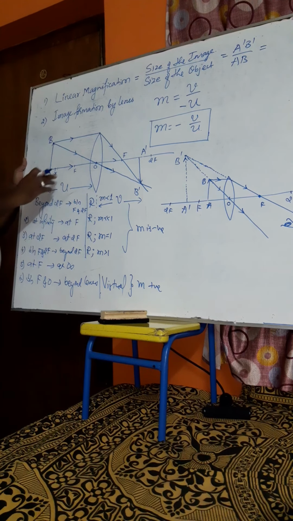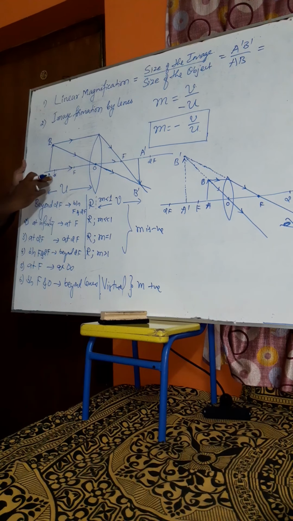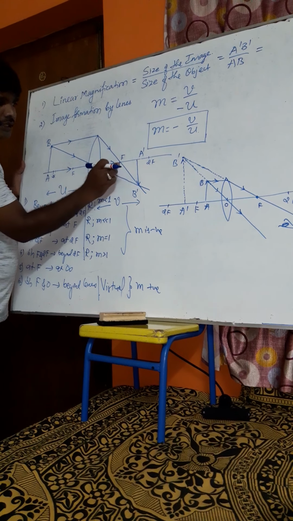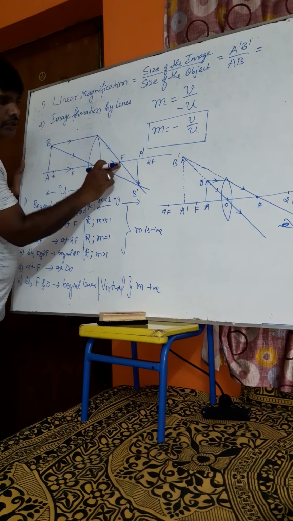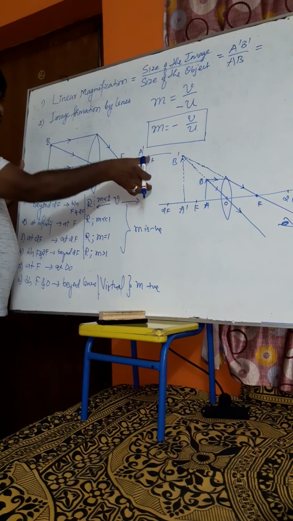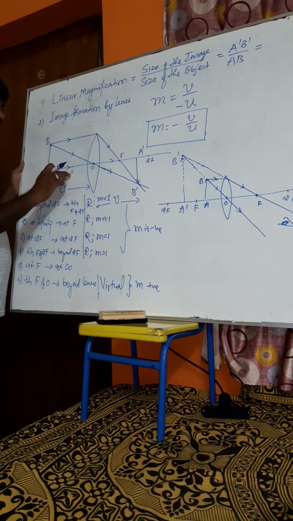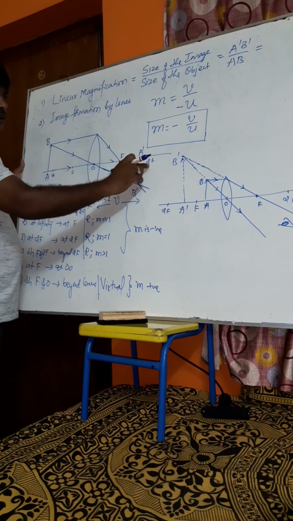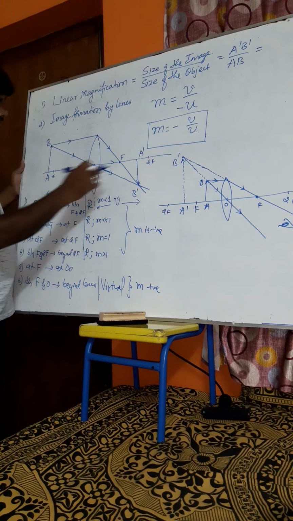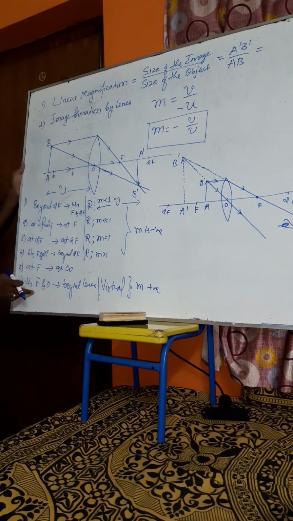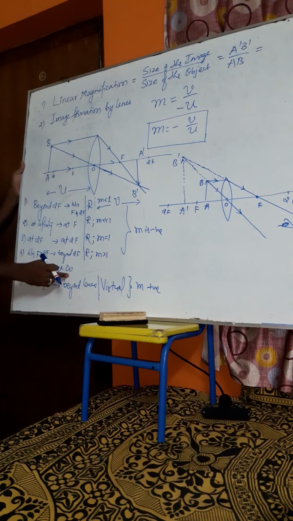Okay. Next condition, if the object is between 2f and f, the size goes on increasing. Here it is small, and it goes on increasing. Exactly at 2f, it is equal to the size of the object. It means between f and 2f, the image forms behind 2f. Exactly on f, it forms at infinity.